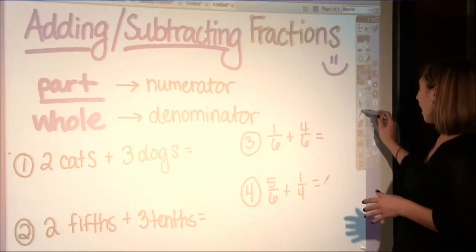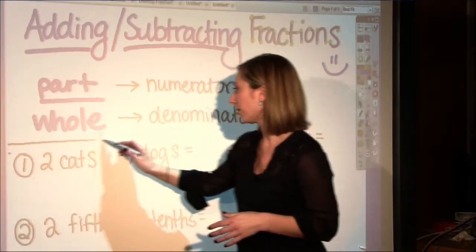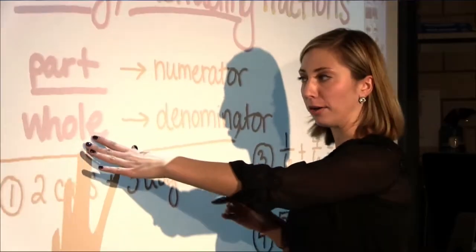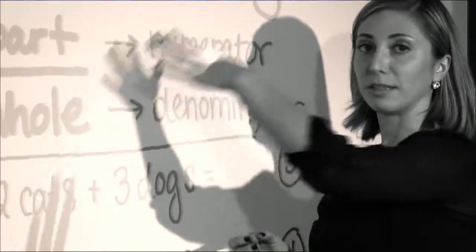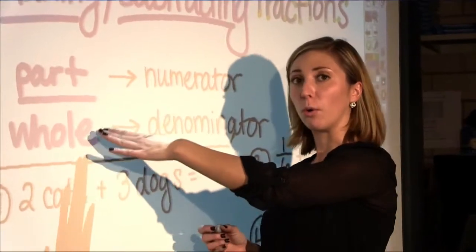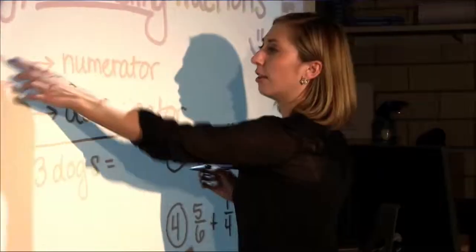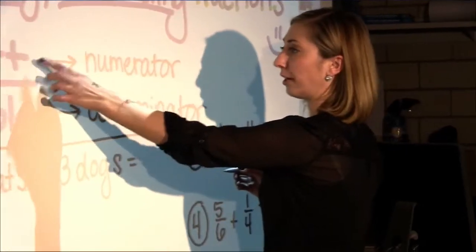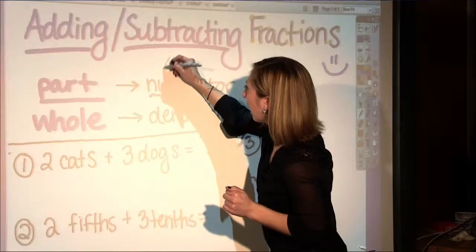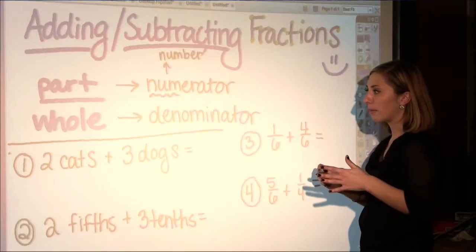So when we think of fractions, you're probably familiar. You've got a number on top, and then you've got a fraction bar, and then you have a number on the bottom. Well, the number on the top represents the part, and the number on the bottom represents the whole. The part, the numerator, and the reason it's called that is because it represents a number. And then the denominator